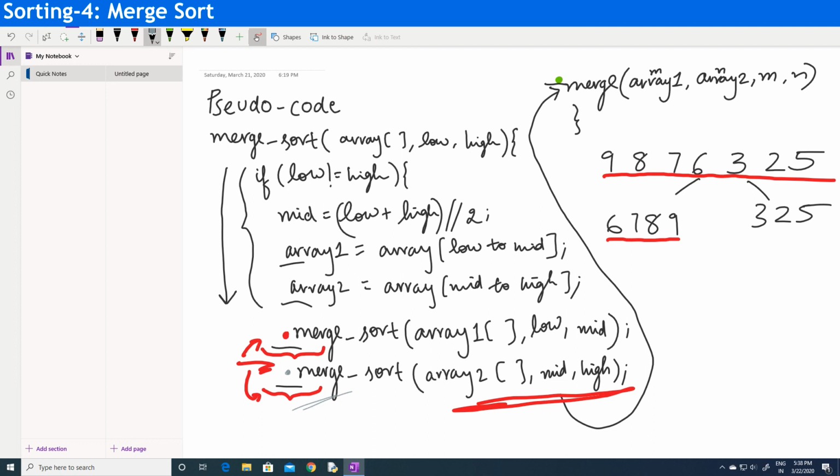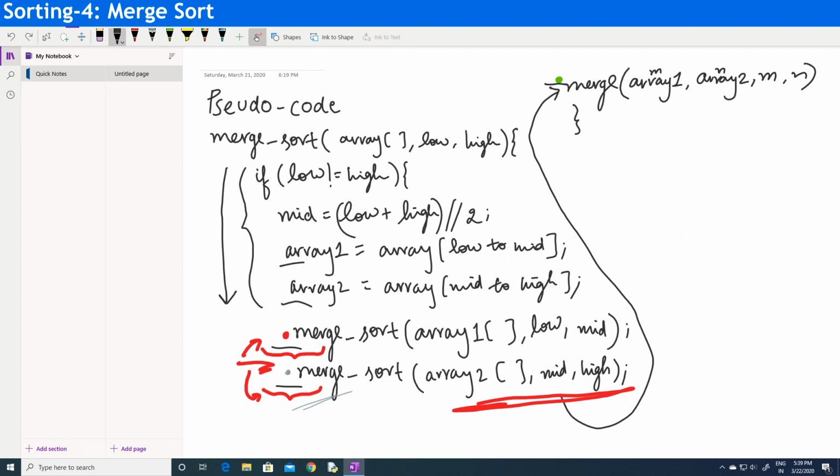we execute the gray one for this 3, 2, 5, and so on. The same steps repeat, and the merge gets called for these two, and it is put here, and in the end we are left with the sorted list, which looks something like this: 2, 3, 5, 6, 7, 8, 9. So that's how this